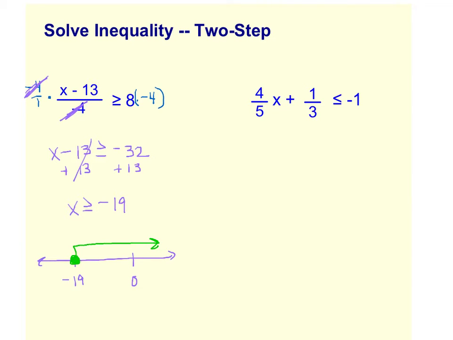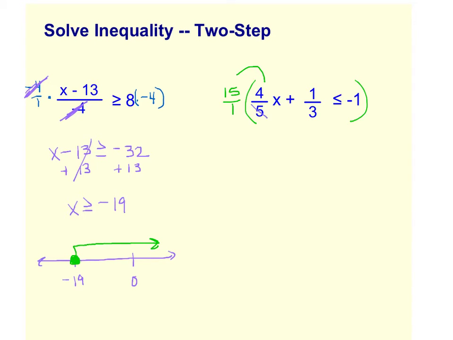Alright, this next example we have some fractions, so I'm going to go ahead and make the fractions cancel away so that I don't have to work with them as much. So what I'm looking for is some value that both a 5 and a 3 will fit into. Well, the smallest number that they both fit into is 15, so I'm going to go ahead and multiply this entire equation by 15. So I do 15 times the 4/5,